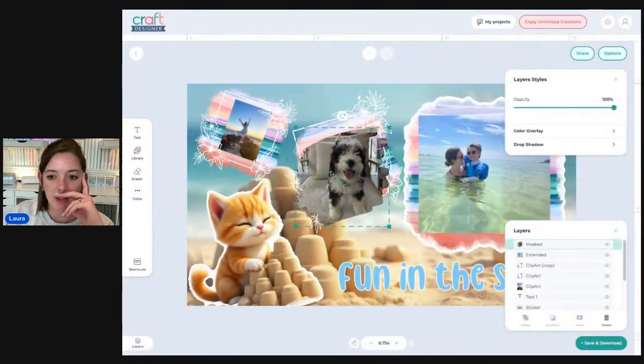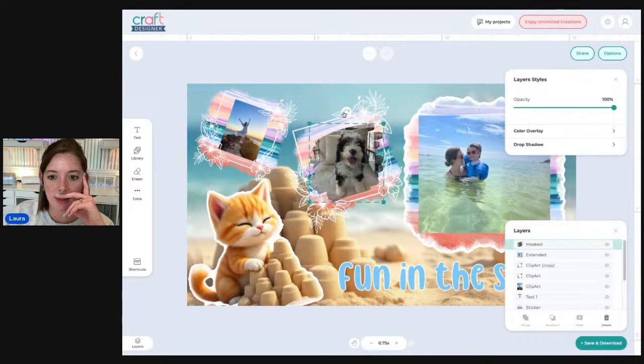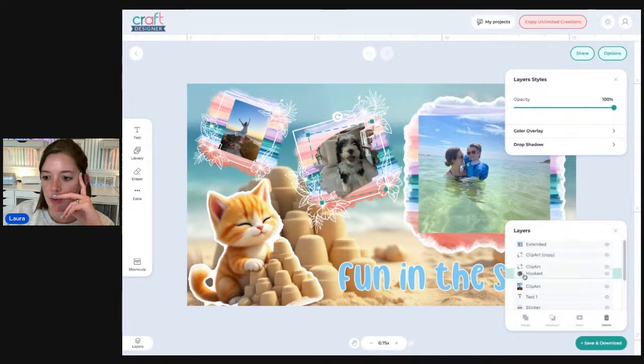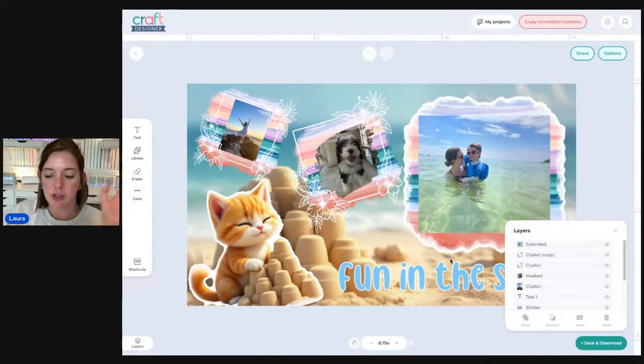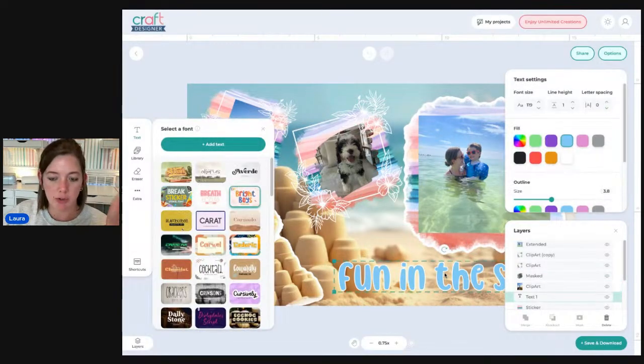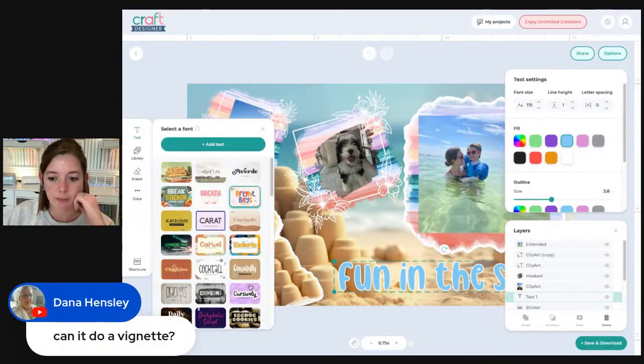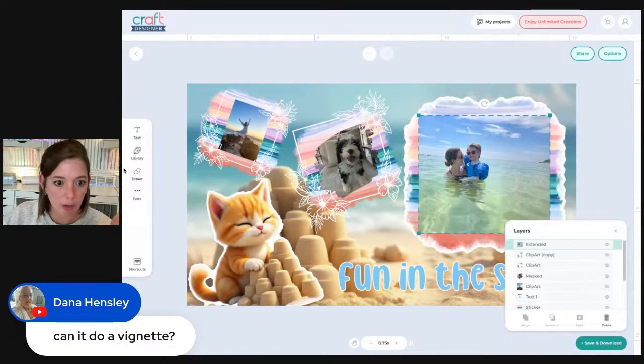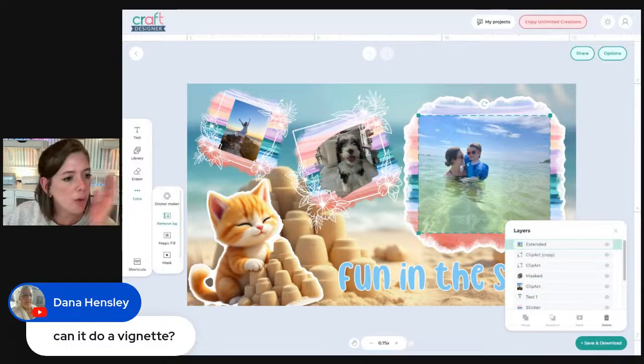And now I've created a little mask that I could put in here. And then I can move it underneath so it hides behind there. You can also do knockout, which I think is really fun for these digital scrapbooking pages. You could do a vignette with a mask also, or Justy, you showed me another way to do it. You did it with a mask, didn't you, Justy? The vignetting.